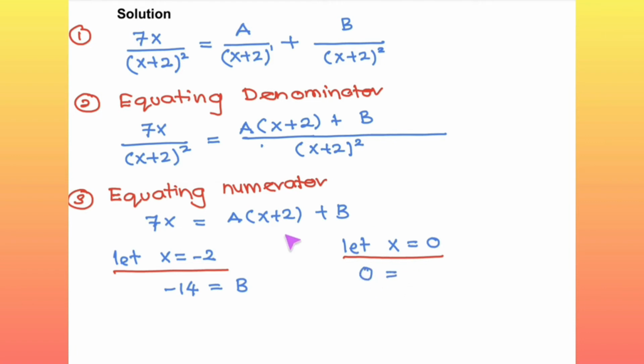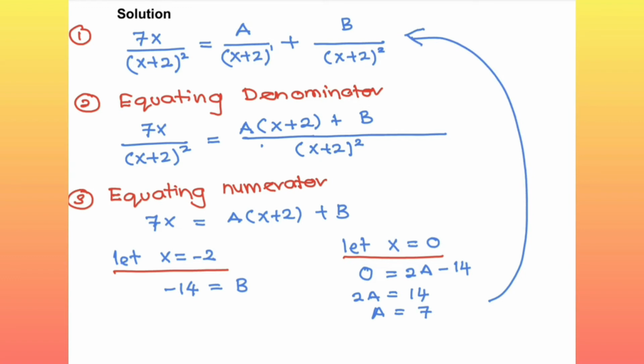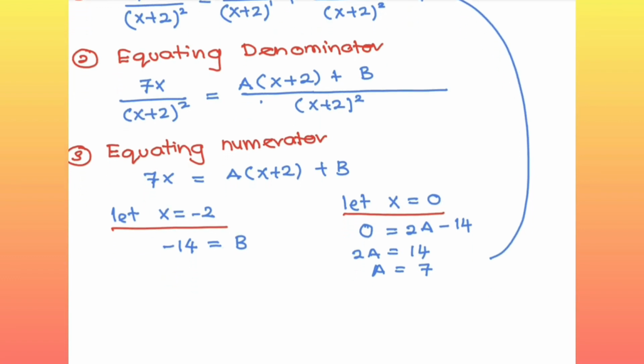Okay, is equal to 2a plus b. b is negative 14. Okay, so 2a we have is equal to 14. A is equal to 7. And then do not forget to substitute back the value of a and b into the partial fraction. Okay, so our final answer should be